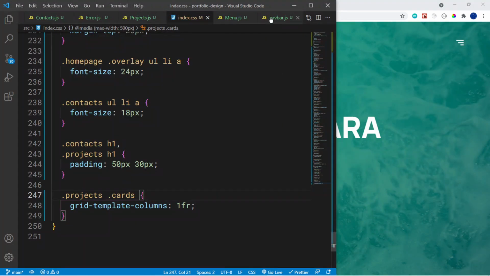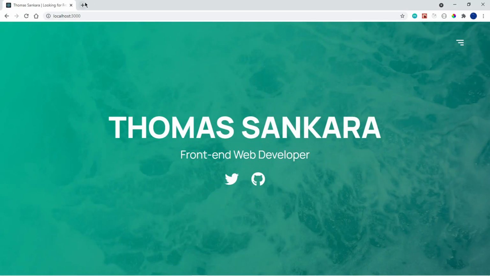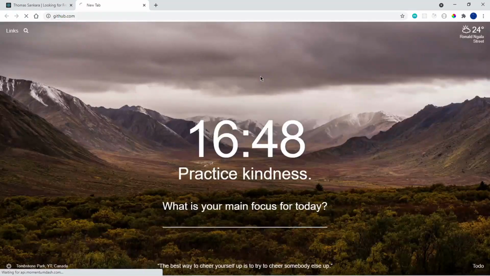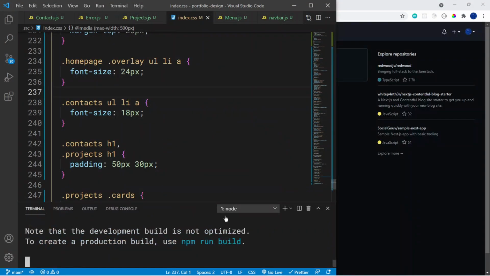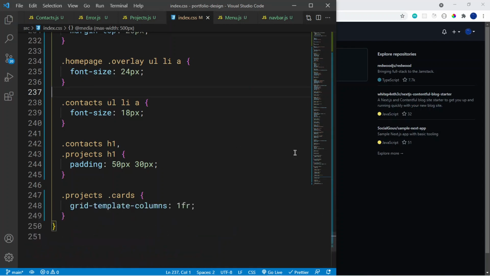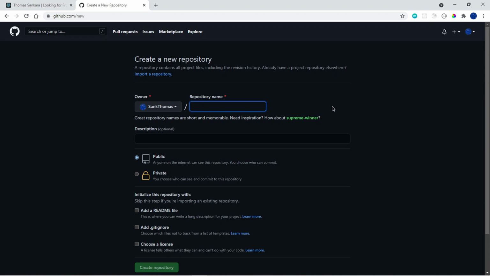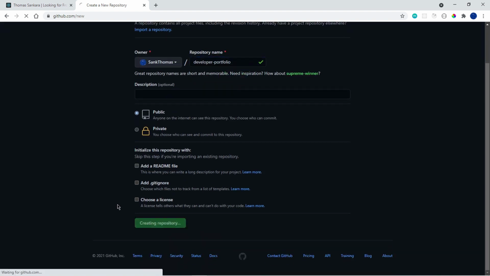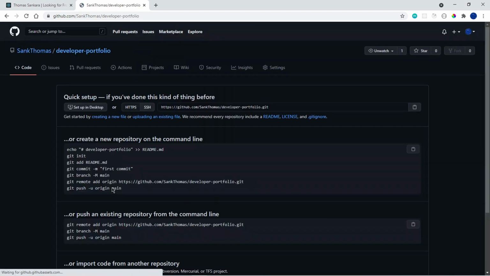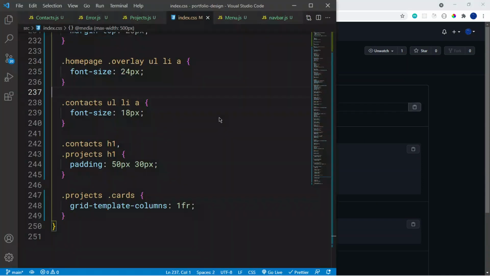So now, just so that you are able to access this code, I want to deploy this to GitHub. So I'm going to go to github.com, and then I can now close my dev server like so, and then I'm going to create a new repository, and this is going to be called Thomas Sankar, or rather, you know what, developer-portfolio. Do we have that? Okay, that's available. So I'm going to say create repository like so, and then I'm just going to copy this,